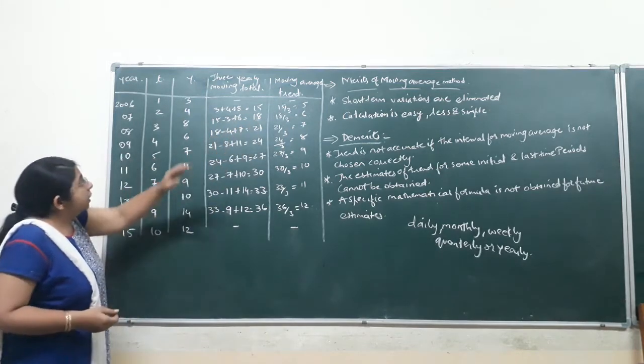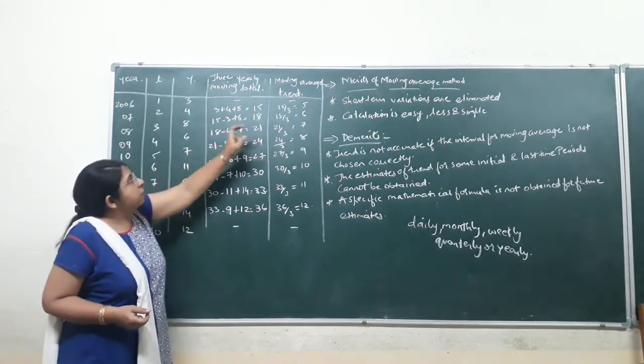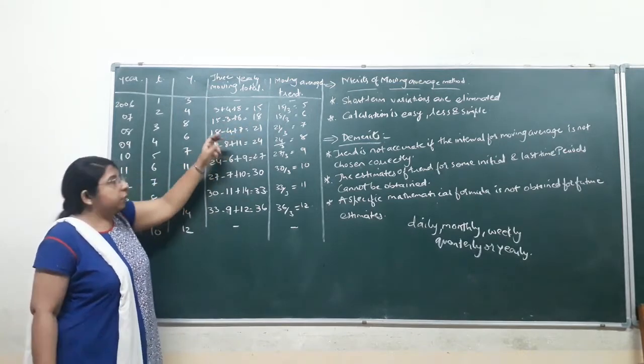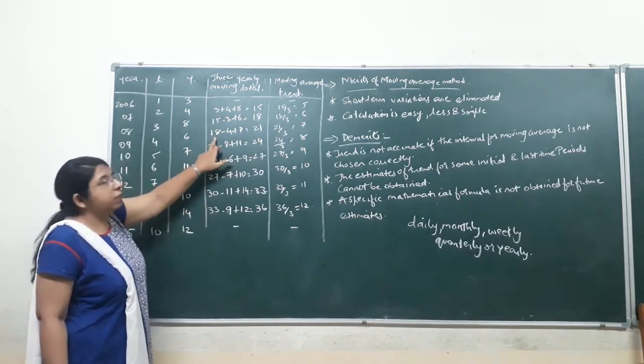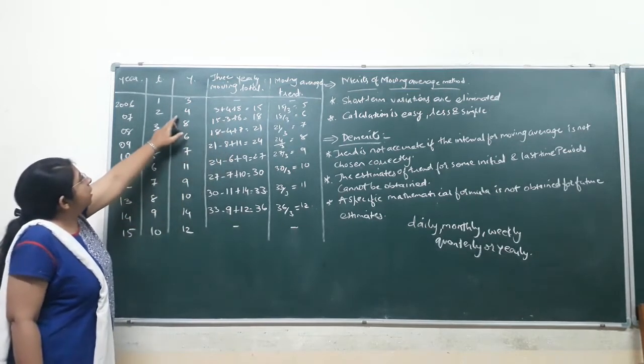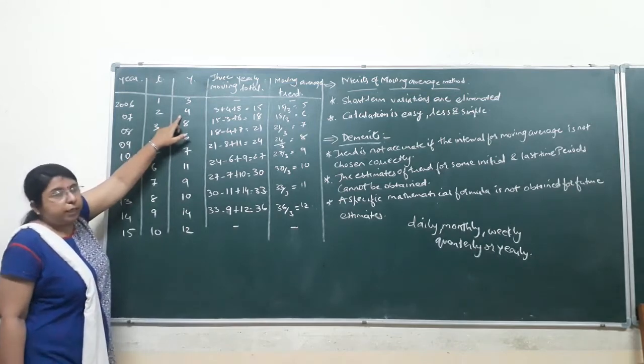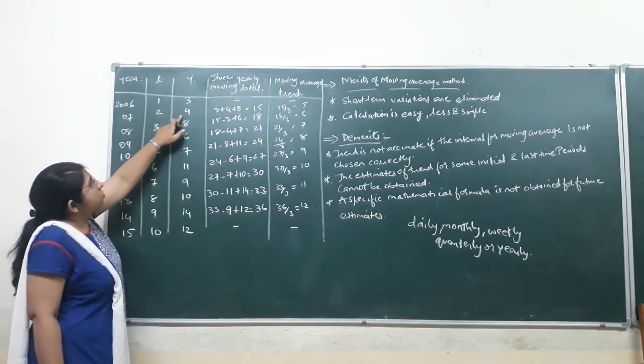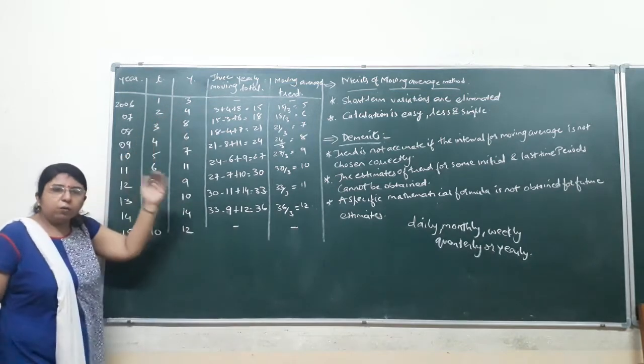Now in the same way, whatever total comes, you have to take in the next time period. Here the total came 18, so again you will take 18. From 18 you will subtract the first value, that is 4. In the last one you subtracted 3, now in this one you will subtract 4. You have to subtract one by one.